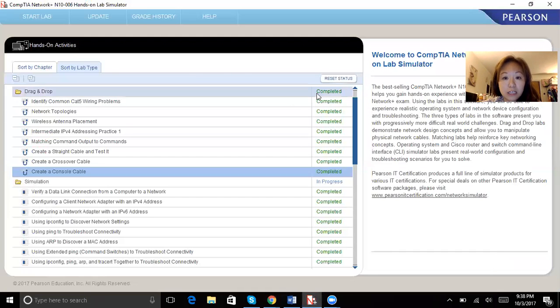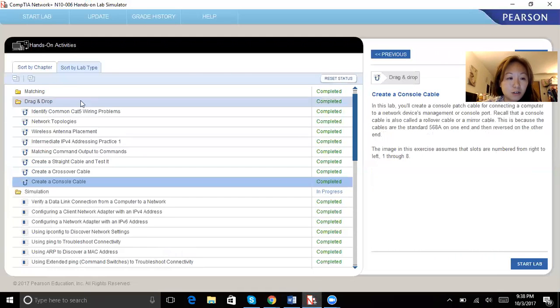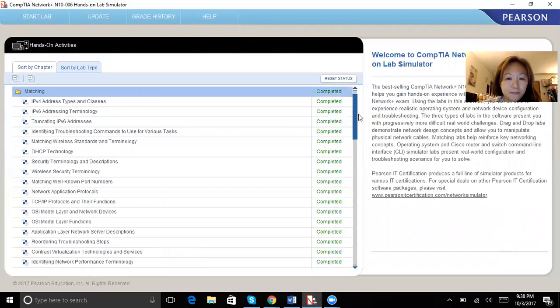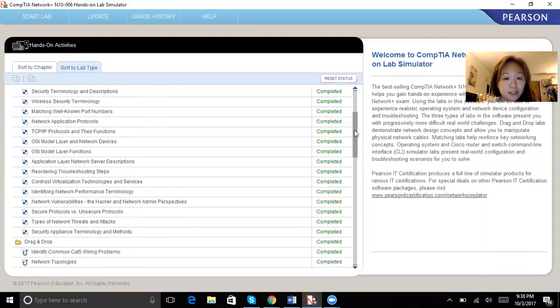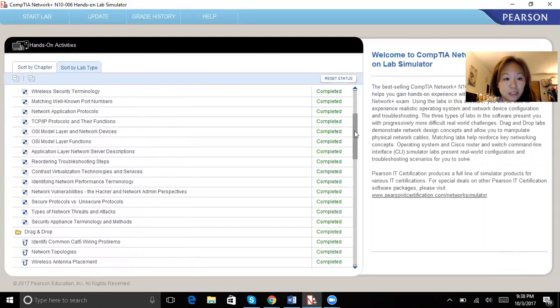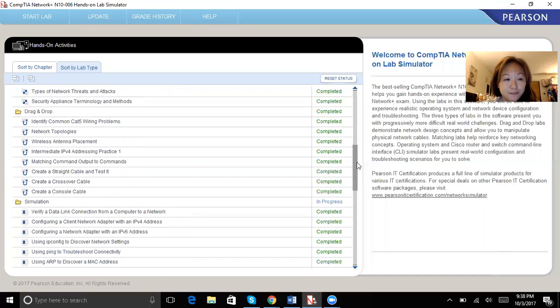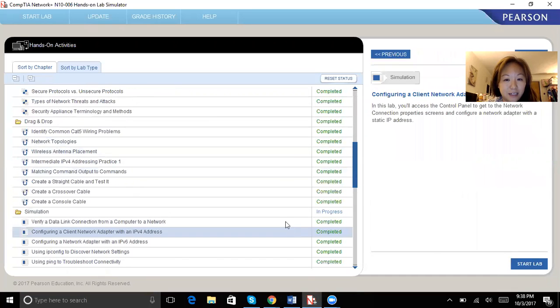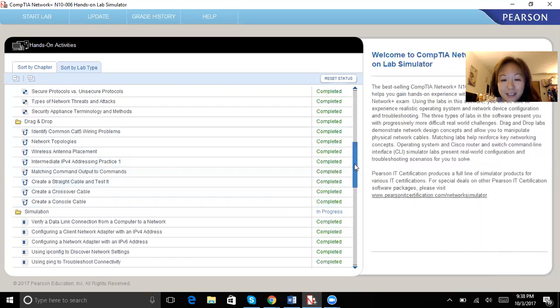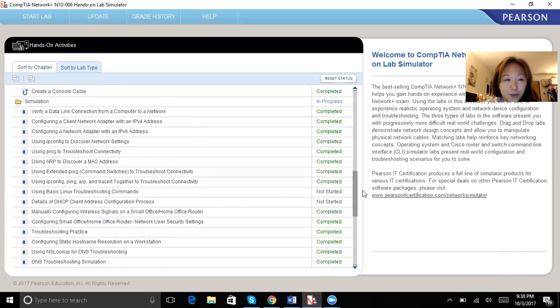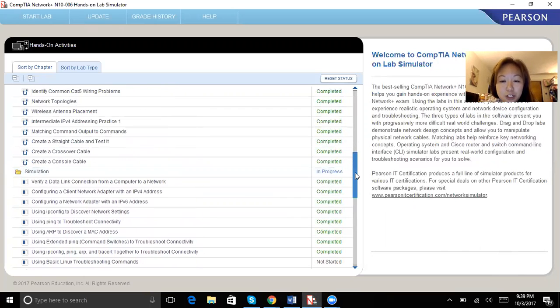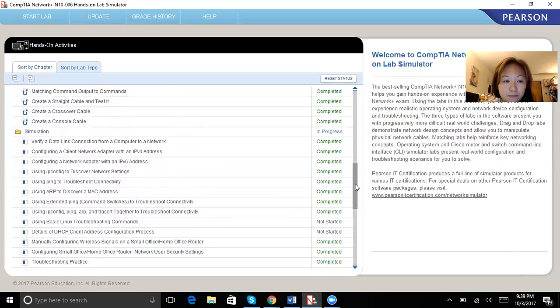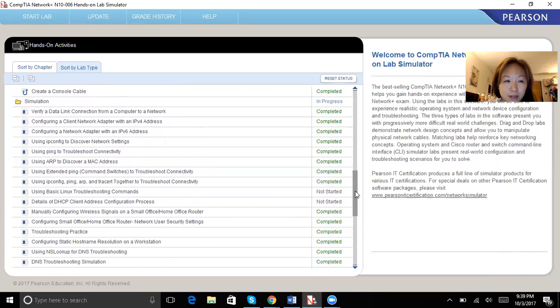So this is my simulations. I just want to go over the different ones we were supposed to complete. I was a little zealous and did complete all of the matching and all of the drag and drop. But for the simulation ones, I did make sure to only complete the ones that were needed. So you'll see that some are not started, but I did complete the 15 or so ones that were needed